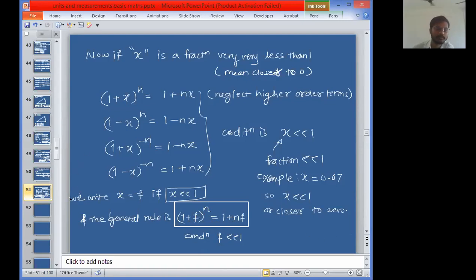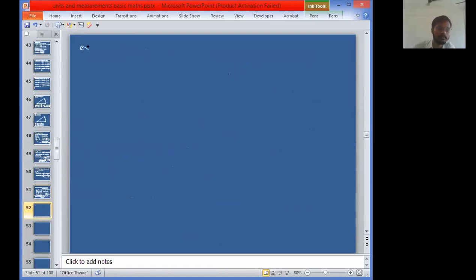Now let's have one example. Find out 1001 cube root. So what you have to do to find out the cube root of this? First of all, what is the number which is closer to 1001 and whose perfect cube root can be found out? The answer is 1000. Sir, 1000 is a number which is closer to 1001 and whose cube root can be very easily found out. Okay, so first of all, write down this 1001 as (1000 plus 1) raised to 1 by 3.